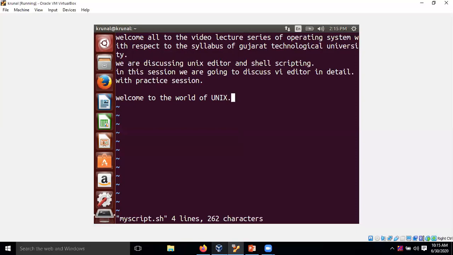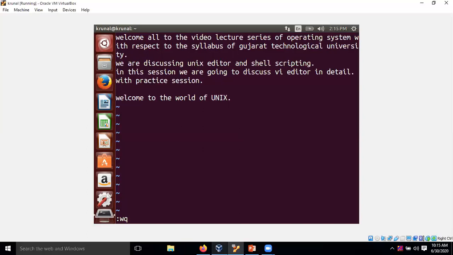Right now I'm in insert mode. If I want to save this line I have added recently, I need to keep these things in mind: press the escape key on the keyboard first, then colon, then wq. W stands for save, and Q stands for quit.